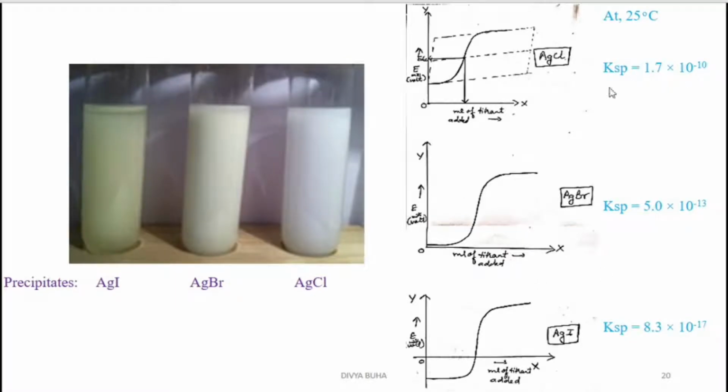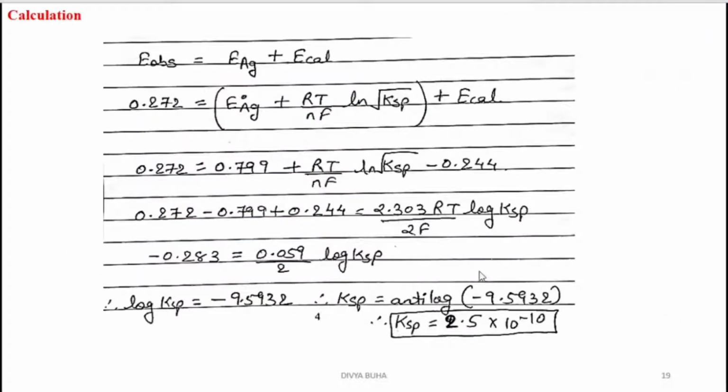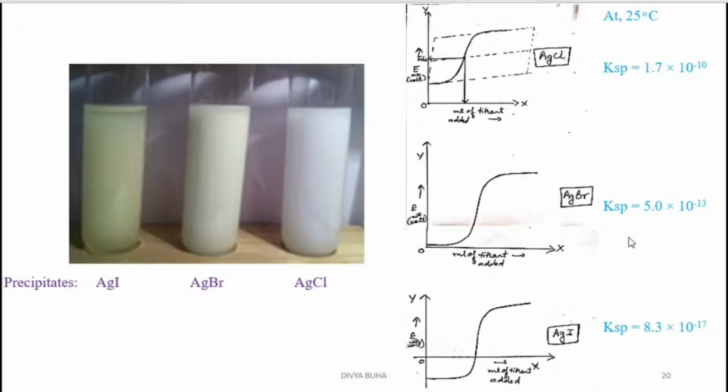Now you can see that the solubility product value depends upon the temperature, right? So with the change in temperature, this value will change slightly. So when you are doing the practical, you will be getting slight variations due to the temperature effect. Then there would be a number of other errors. There could be imperfections in the electrodes, there can be human error, there can be glassware errors, right? So there would be slight variations in these values. Now if we talk about silver bromide, then its KSP is 5 into 10 raised to minus 13 at 25 degrees Celsius.